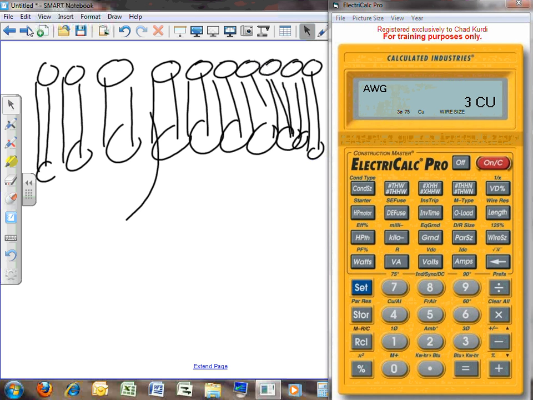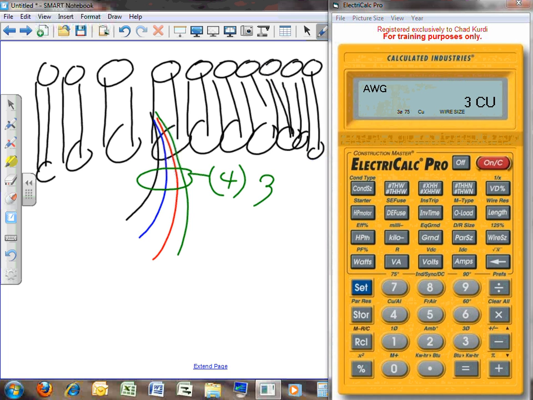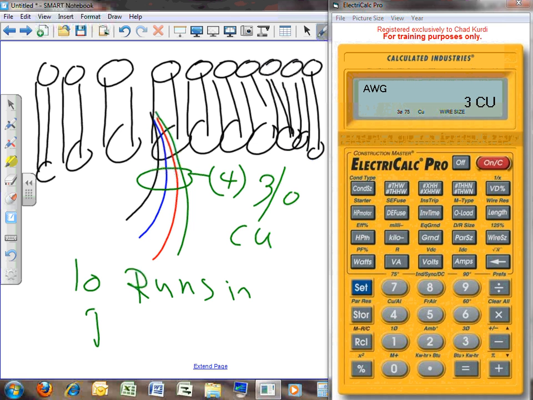Here's one conductor, phase A. Here's phase B. Here's phase C. And here's a neutral. And these are your 4, did we say 3 aught? 3 aught CU. And 10 runs in parallel. Does that make sense? So you have 10 conduits, each one of them carrying 4 conductors in parallel to carry this 2000 amp switch